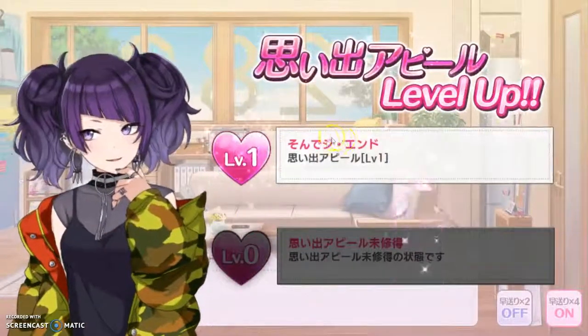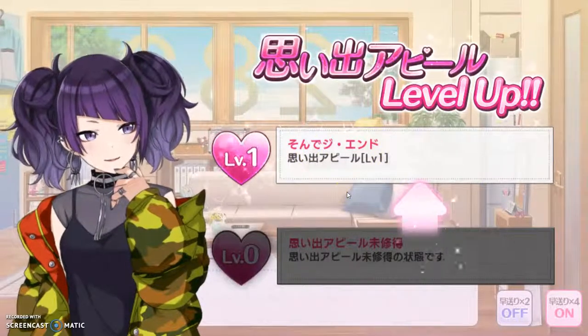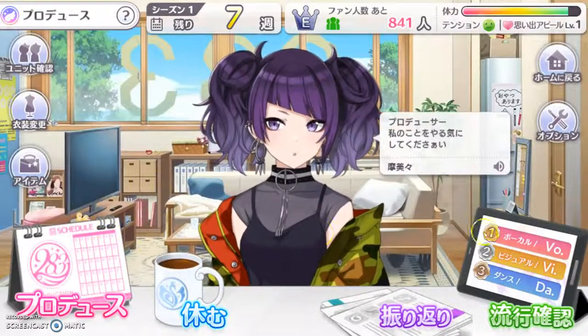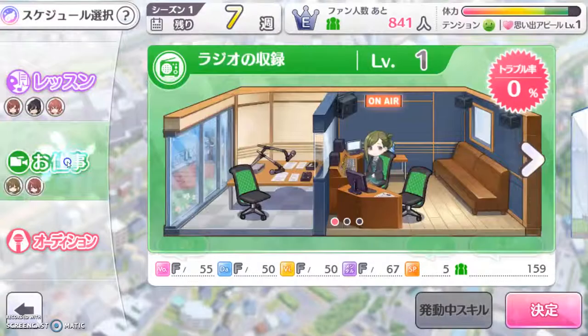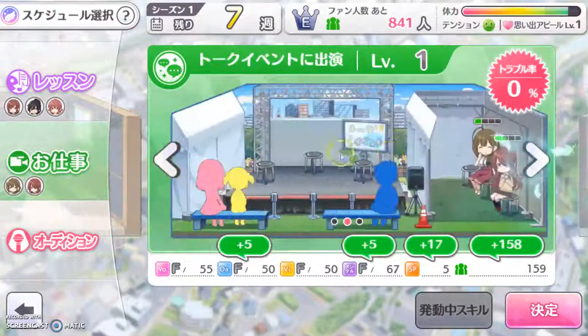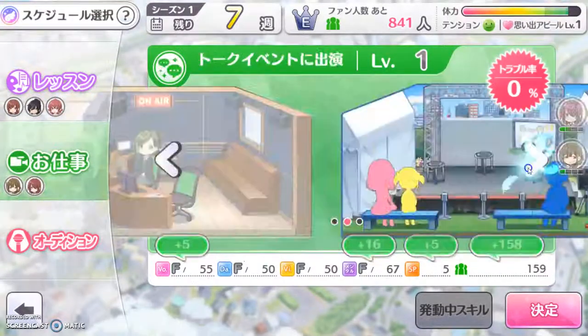And we have level 1 affection with Mamimi. Wow. What amazing. This is amazing. And it just continues. For the most part, I just choose whichever of these 2 rooms have more idols in it. So this week,